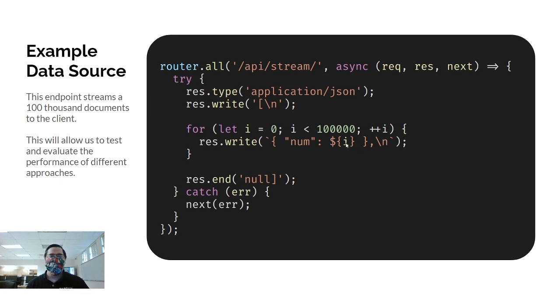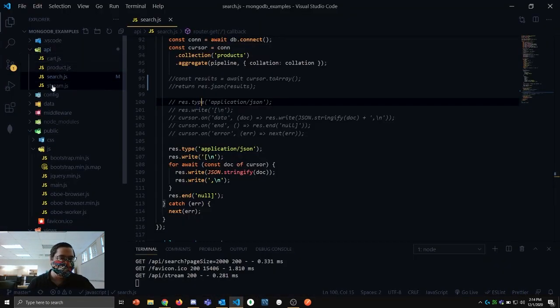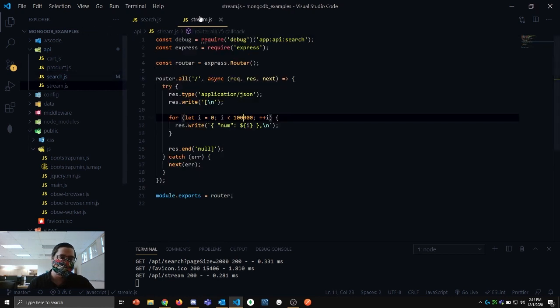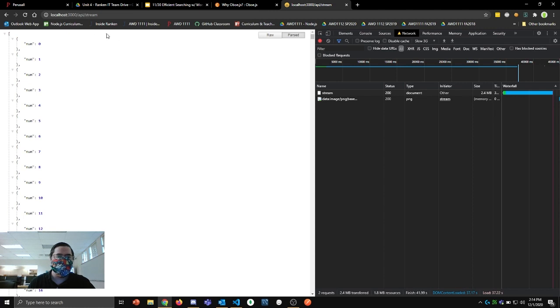So this will go from 0 to 99,999. Each of those we write as a single JSON document on a line, with a line break at the end. And it just has one property called num, which is that counter. Okay? Everybody good? So if you're looking at the example code, that's the API stream module. That is set to 100,000 there. And if I try to look at that in the browser,